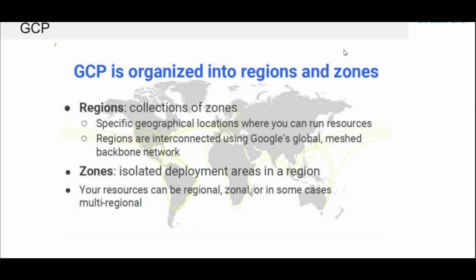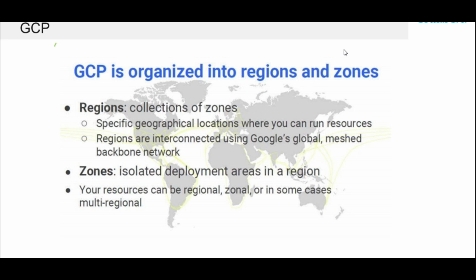So regions are the collection of zones, specific geographical locations where you can run resources. Regions are interconnected using Google's global meshed backbone network. So all these regions are interconnected over a private network that is managed by Google. You can call it an MPLS also. Those who are from a networking background will understand that.